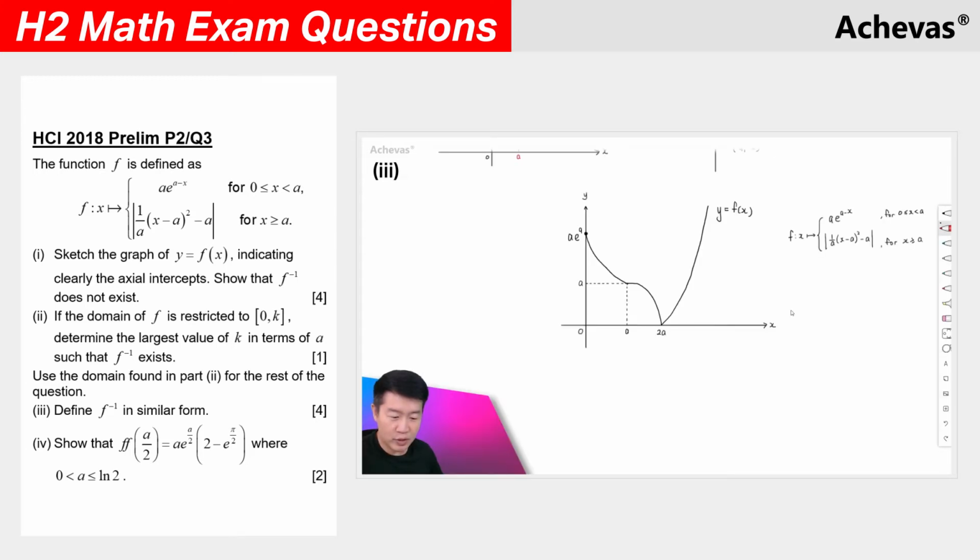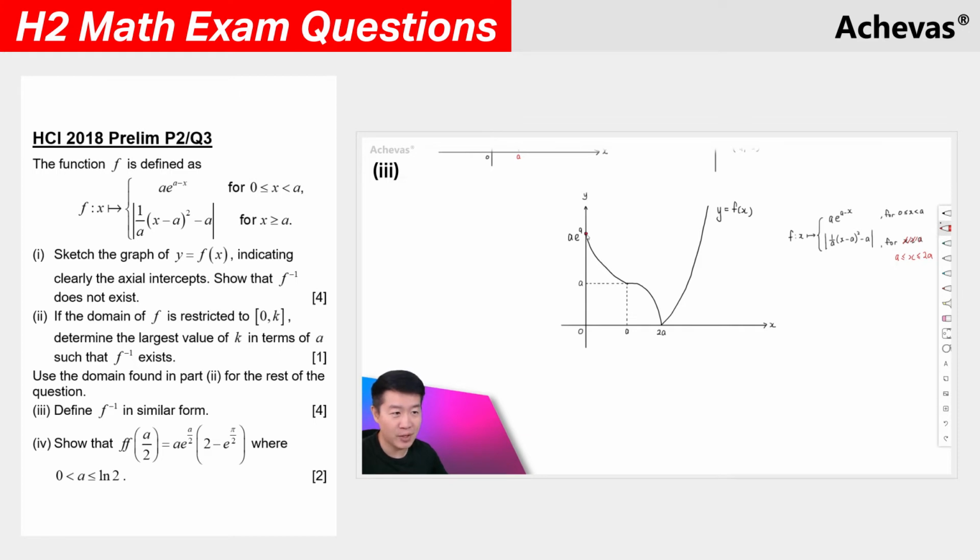And what we're supposed to do now is to find f inverse, but we are going to change f(x) to one that corresponds to the restricted domain that we have defined in part 2. And that is when x is between 0 all the way until 2a, and it can be equal to 2a. So for this part of the domain, x is still supposed to be bigger or equal to a, but rather than going all the way until infinity, we are going to be restricting it to less than or equal to 2a,